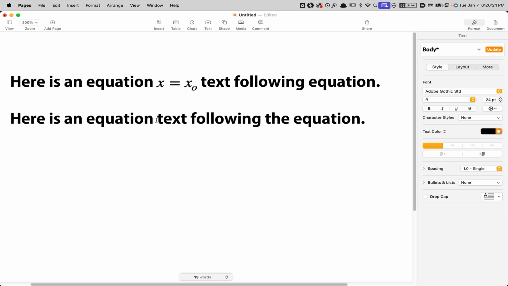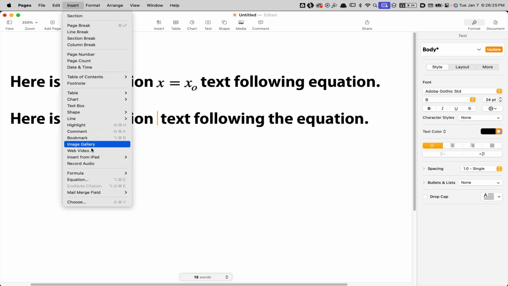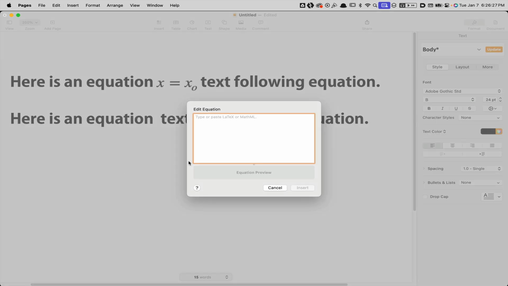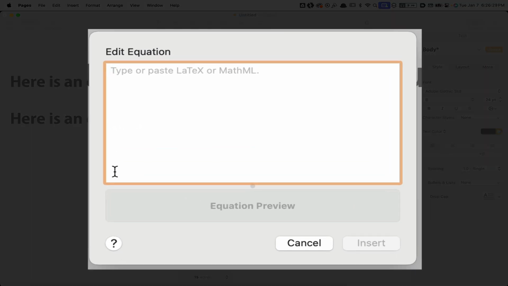So in the equation, I'm going to click where I want the equation to go, and I'll choose Insert and Equation. And now my little dialog box pops up where I can edit this. So what I'm going to do is I'm going to use something called the text command. \text, open and close brackets. And I'm going to use x equals x. And then after that, I'm going to write subscript, and then I'll write the lowercase o because I like that